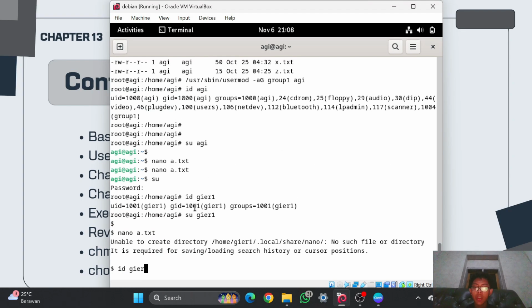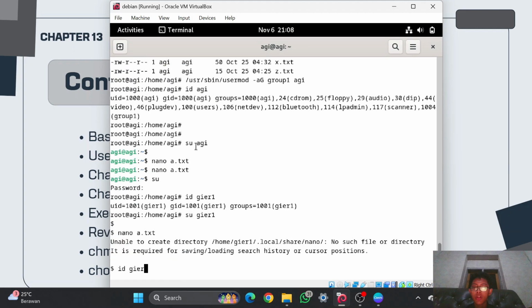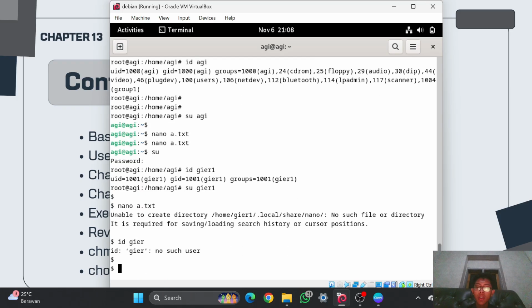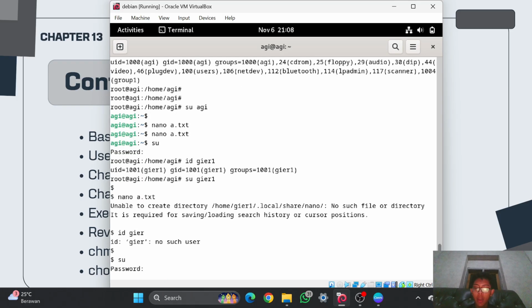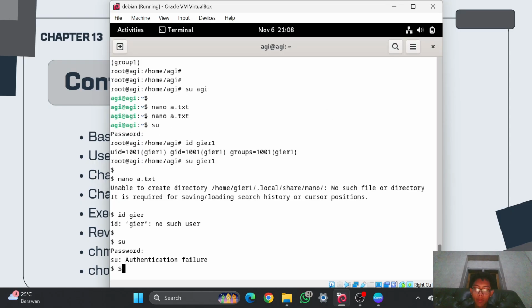But gr1 is not included in this group. As you can see in here, gr1 is not in group 1, so that's why gr1 cannot edit the file inside the a.txt.